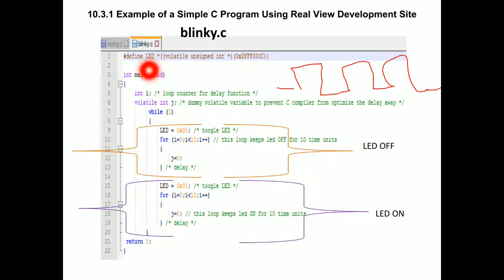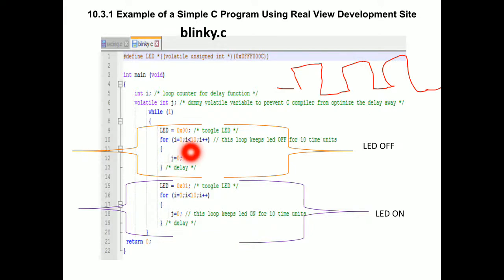So we will declare one counter variable i as an integer variable, and another counter variable called j. The variable i counts the time, and j is used to give the value, meaning either the LED is on or the LED is off, to maintain that state. We'll give the value 0 to the LED, and we will maintain that off state for 10 seconds.